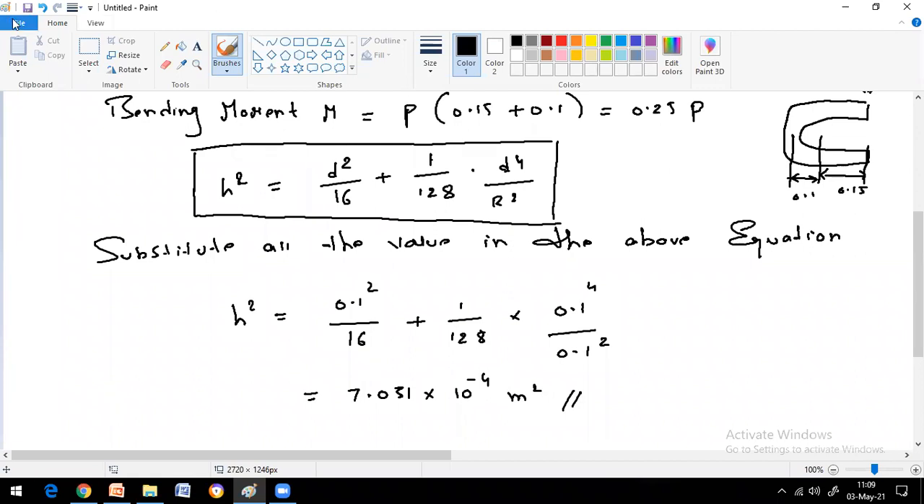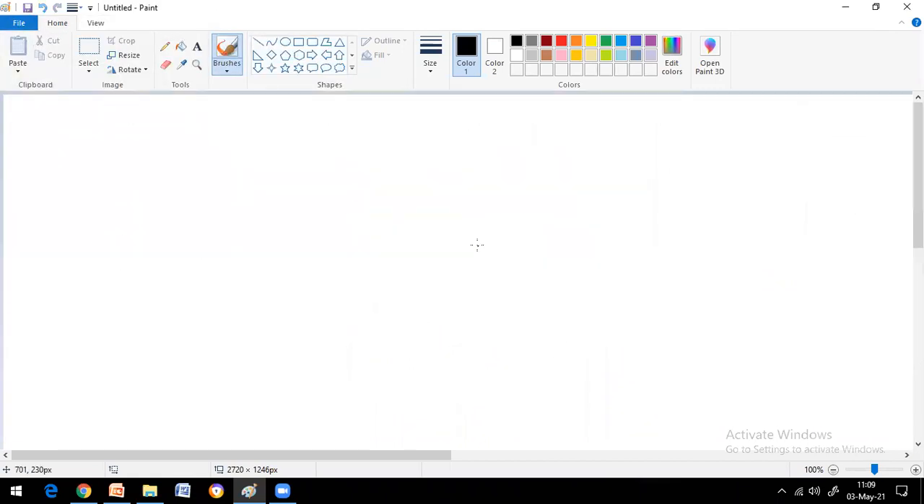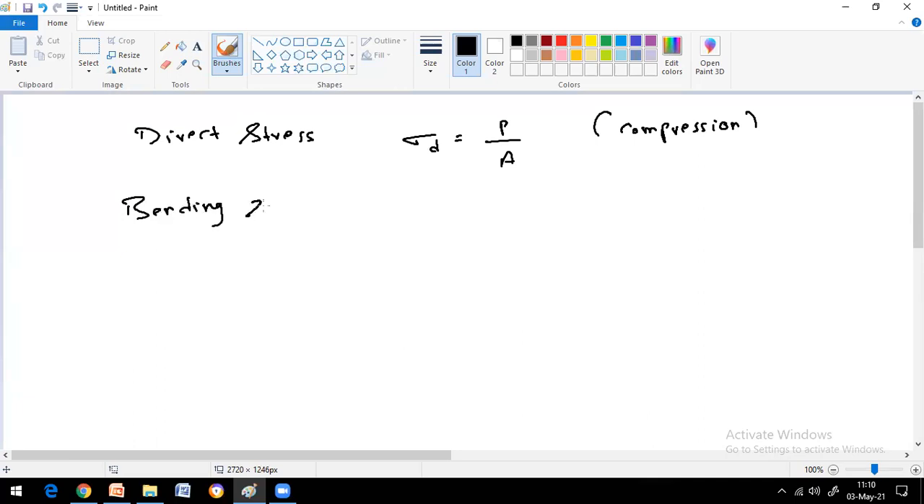Let me take new one. Now let's calculate the direct stress. What is the direct stress formula? Just load by area, which is under compression. Let's calculate under compression. Now bending stress at point 1, which is due to moment, will be bending stress at point 1